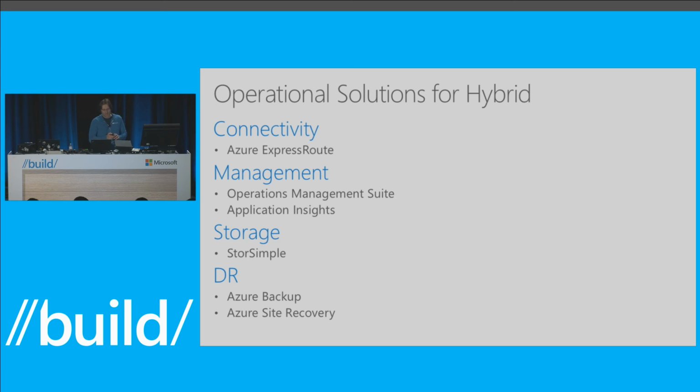So management. We have Operations Management Suite. When you develop these hybrid apps, you can leverage Operations Management Suite by putting their agent as an extension in the VMs. And it allows you to manage across multiple clouds. The point of Operations Management Suite is that it is actually cross-cloud. In fact, it can manage your VMs in Amazon, or your applications in AWS. So Operations Management Suite is the hybrid management for your backend, for your applications.